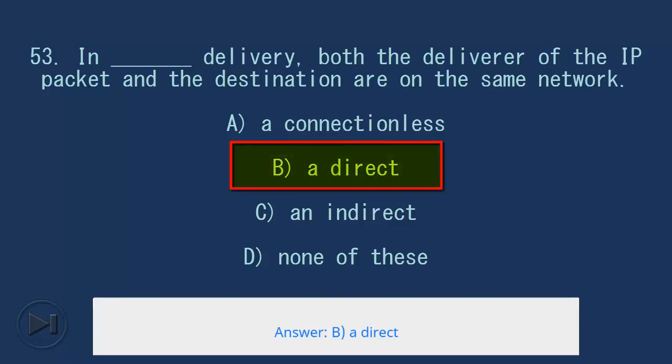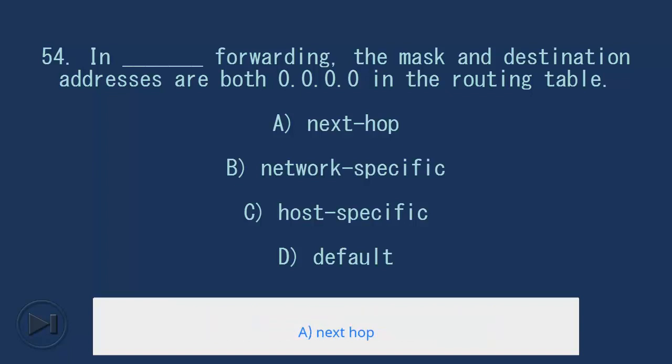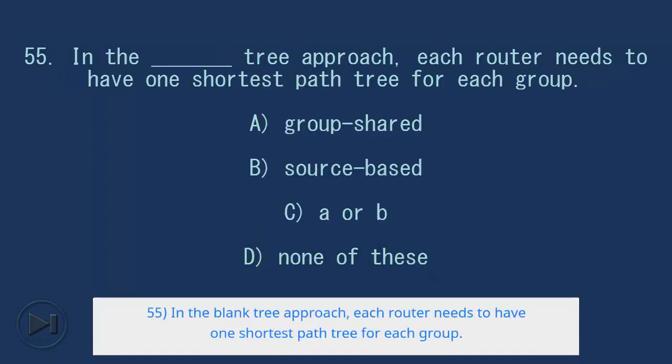Answer, B, a direct. 54, in blank forwarding, the mask and destination addresses are both 0.0.0.0 in the routing table. A, next hop. B, network specific. C, host specific. D, default. Answer, D, default. 55, in the blank tree approach, each router needs to have one shortest path tree for each